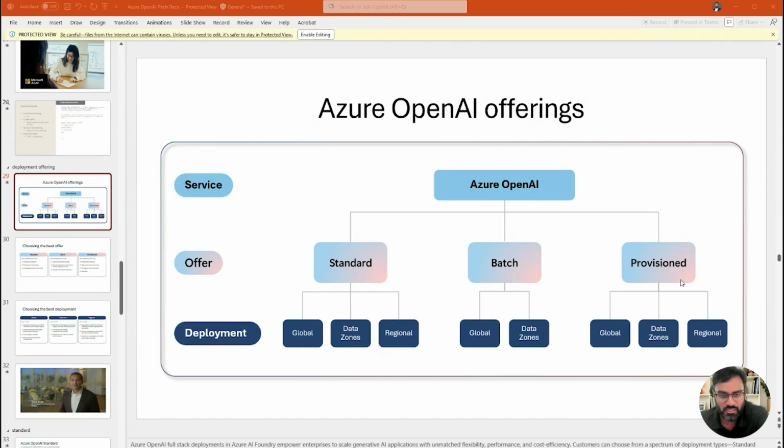The other option is provisioned. Provisioned is nothing but a dedicated PTU for you and your customer. In standard, we have a GPU that is deployed within the OpenAI model or whatever model, and it is a shared GPU. So there might be multiple customers requesting API access, and you will be responded to, and then you will be charged depending on how many input tokens and output tokens there are. But when you go to provisioned, it's like a dedicated GPU that will be provisioned for you and your customer, which will be available 24/7.